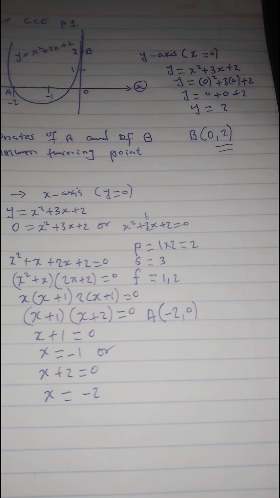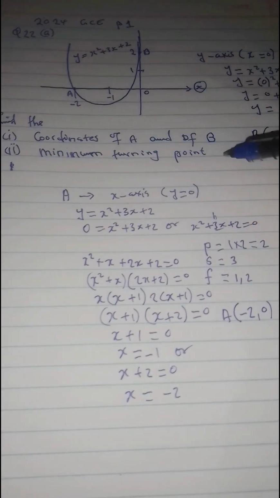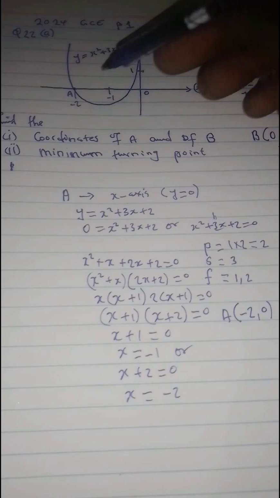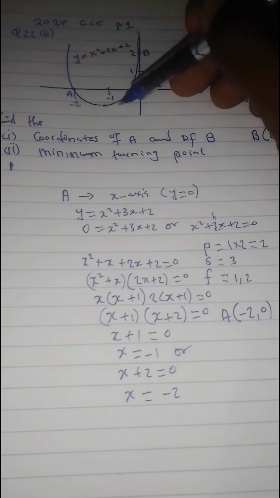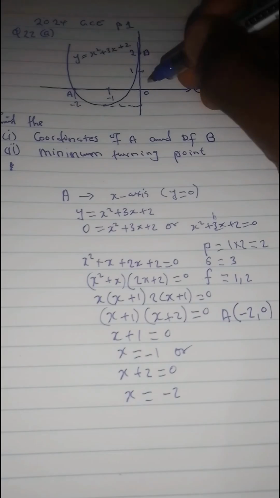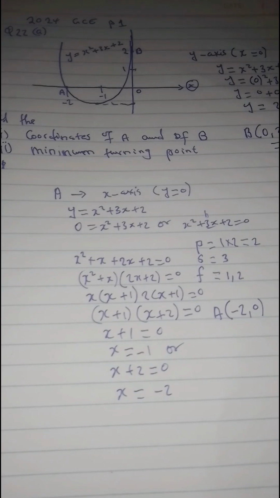Now we go to the second question, which is the minimum turning point. It is a minimum because the graph is turning at this point somewhere there, and what we should look at is just this point, the minimum turning point. Now what you need to understand is